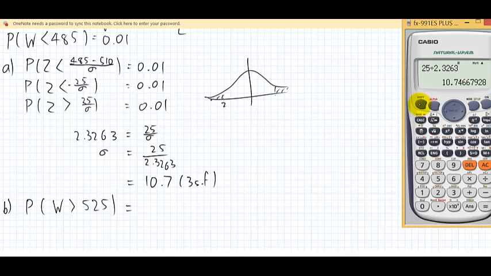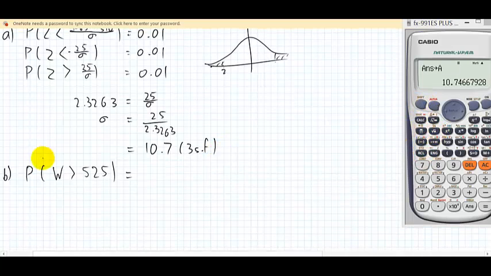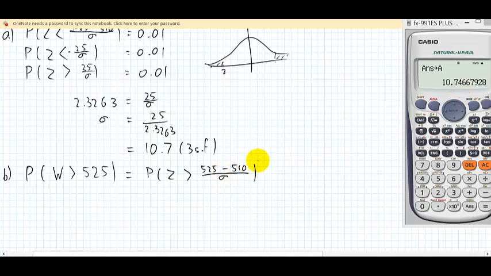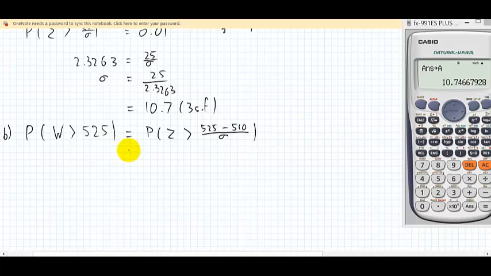Let's save this. I'm sure we're going to be using this later. So let's standardize it as always. Z being bigger than 525, take away the mean, 510, over the sigma. We now know what it is, but instead of writing 10.7 every time, let's just keep it as sigma for now. This is probability of Z being bigger than 15 over sigma,